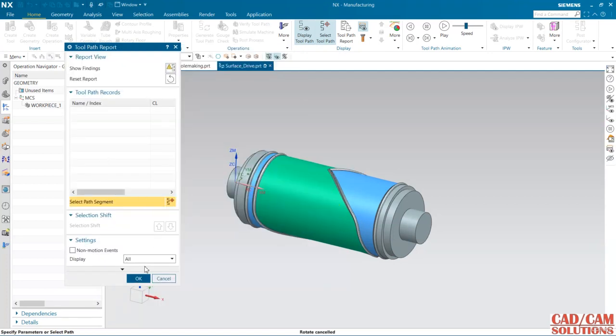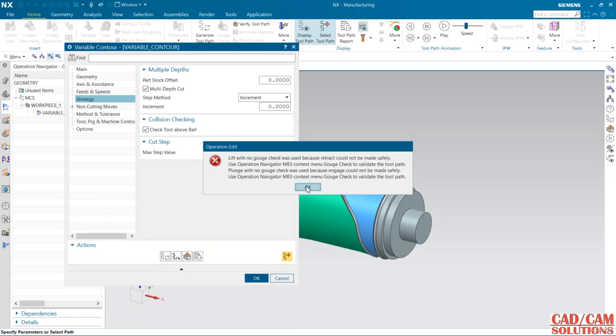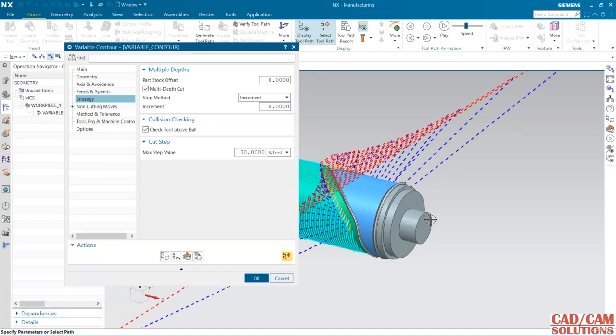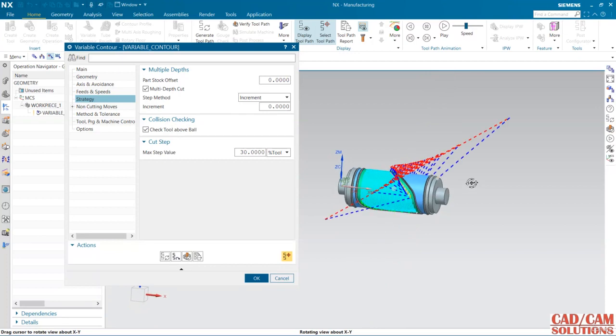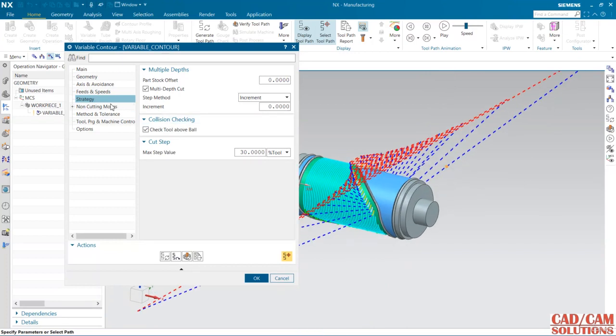See, this window is coming so close. So these non-cutting moves are not proper, otherwise the toolpath is created. So go to the non-cutting moves,